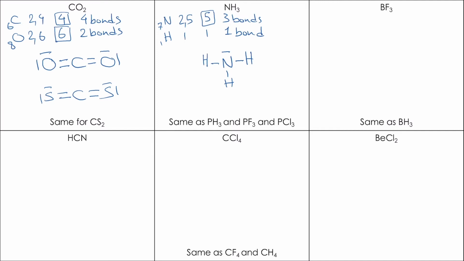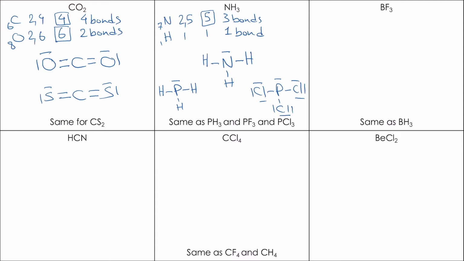These structures are the same as PH3. So if I'm trying to draw PH3, here's PH3. Why do they have the same structure? Because nitrogen and phosphorus are in the same group, so they have the same number of electrons in the last shell. Same as PF3 or PCl3. If I'm trying to draw PCl3, same idea. It would only make 3 bonds, Cl, Cl, Cl. And phosphorus has 1 lone pair. I don't have to forget that chlorine has also 3 lone pairs because it has 7 electrons in the last